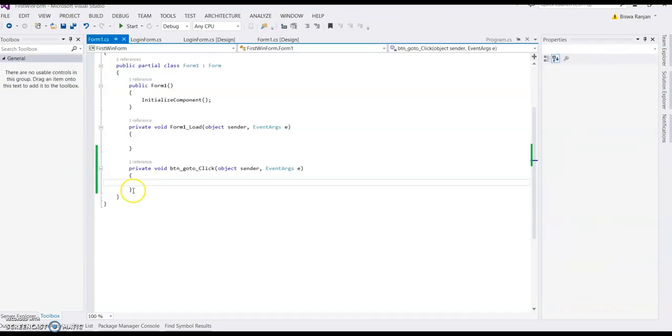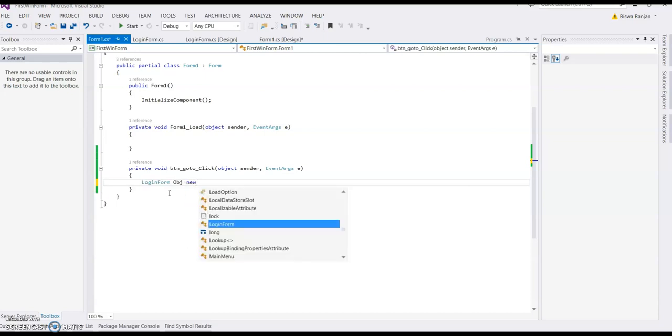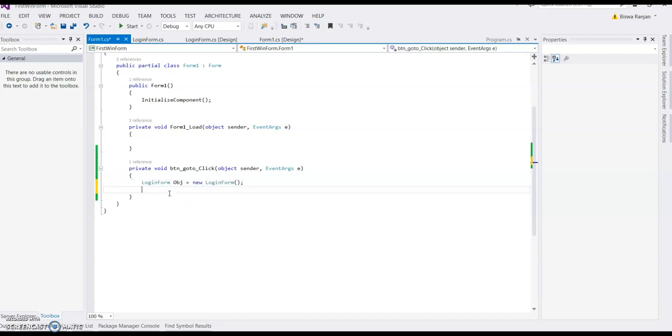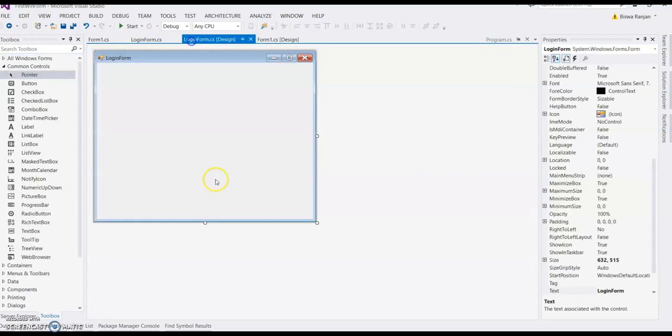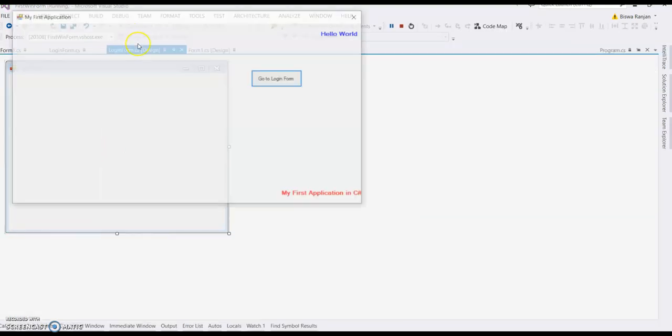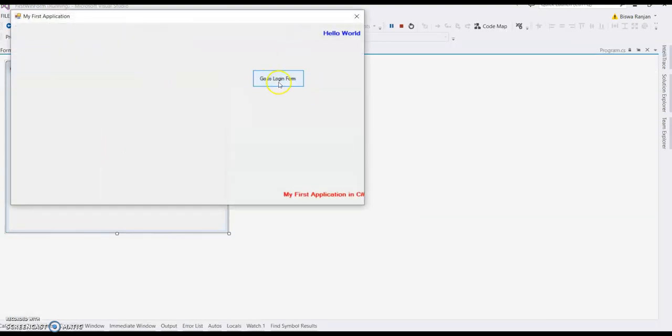Double click on the button. So login form, we are creating an object of login form. Then object dot show. This object dot show, it will call this login method constructor and it will open the form. So now I will run this application. So you can see here, go to login button, I click here,